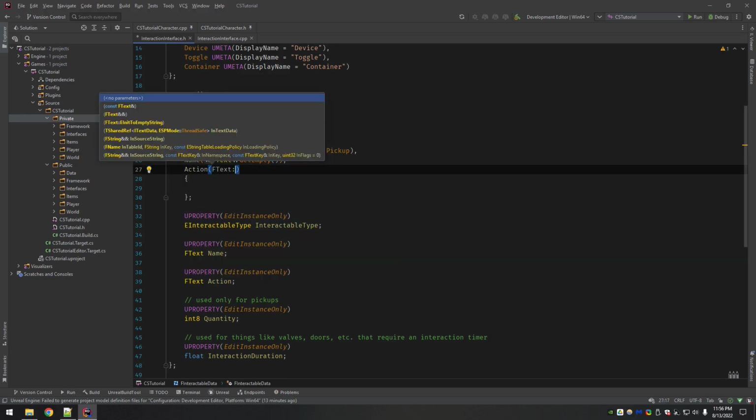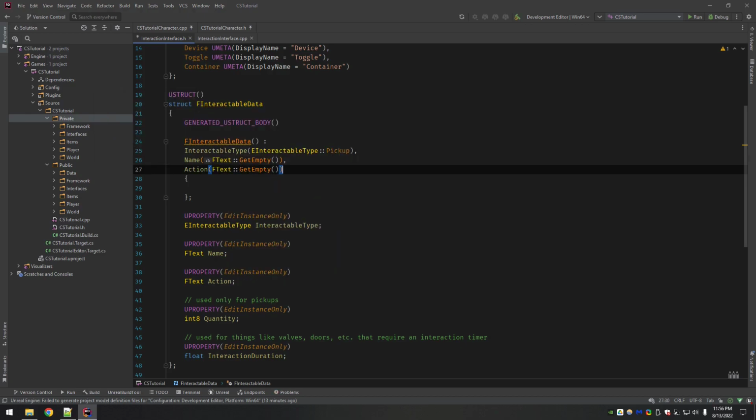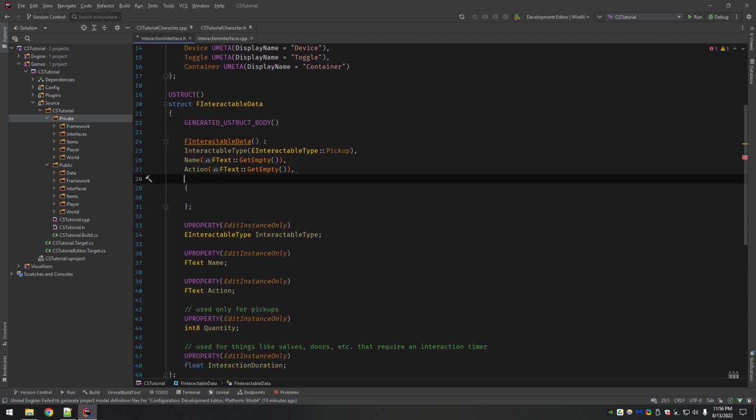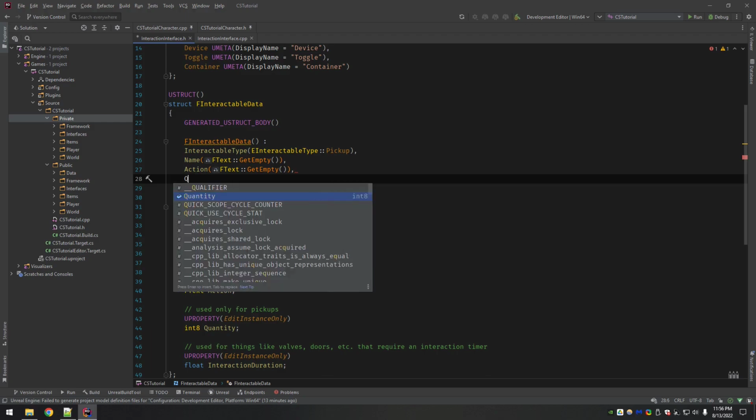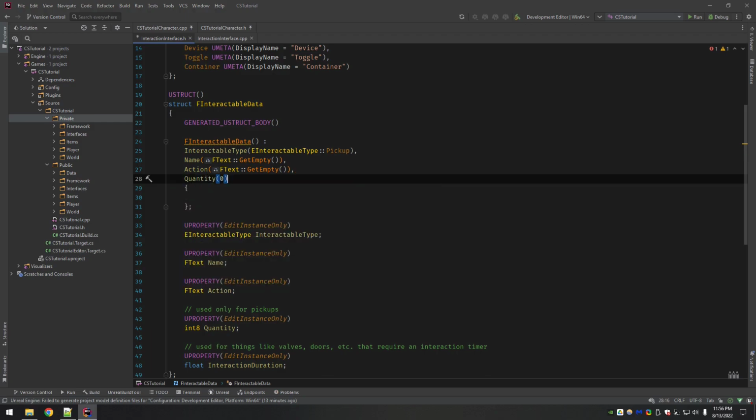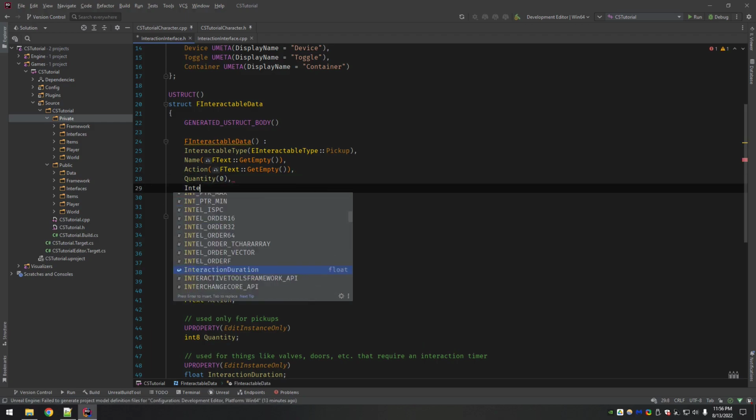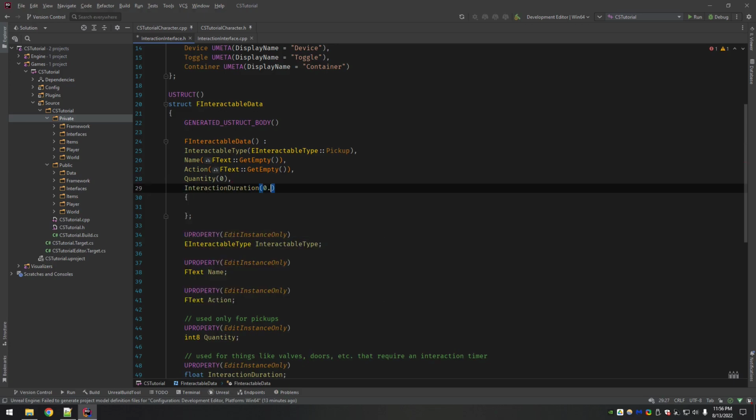Again, same thing, because we are going to override all of this and set these values, but there's no reason to do that right now. So they can all just be initialized to be empty. Quantity 0, and then interaction duration 0.0f. And then you don't need anything after, just the brackets, and then the semicolon closes that off.